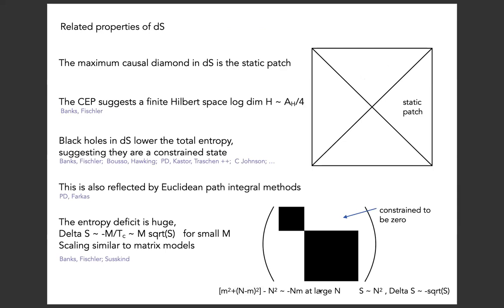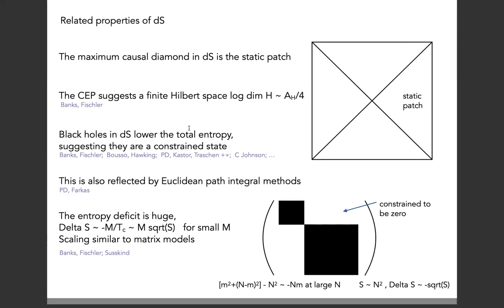A few related properties of de Sitter space, and I'm almost done here. One more slide. So now that we've mentioned causal diamonds, it's worth noting this is all connected to de Sitter space because the maximum causal diamond in de Sitter is the static patch, and a lot of people have worked on formulating holographic theories of the static patch. So the covariant entropy principle suggests maybe we need a finite Hilbert space to describe quantum gravity in the static patch. And a very interesting